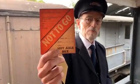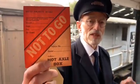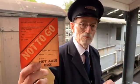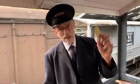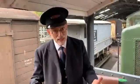There's another label, slightly more modern. This is a British Railways version, and it's actually a label that would have been applied by one of the examiners because they'd found, in this case, a hotbox. So that wagon would be prevented from moving any further until such time as that hotbox had been sorted out. But in truth, other labels like this one would actually describe what the cargo was, but more specifically, where